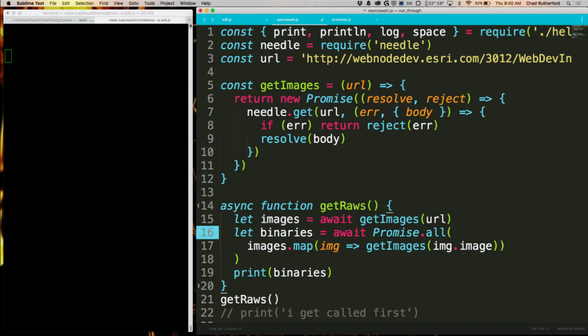And then on line 16, very similar. We're using promise.all again, with almost that exact same function, images.map, get images. So we create an array of the promises to go get all of the images for each one of those. But again, we don't have a .then there. We're able to assign that right back to the binaries variable, which we can then just print right out on line 19. So if you execute this,